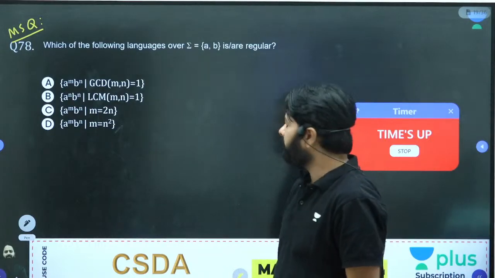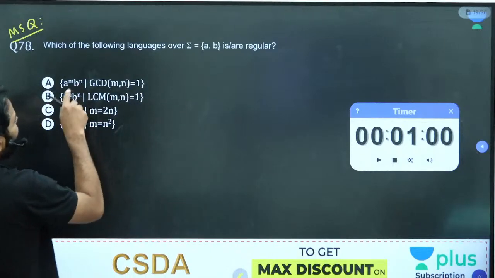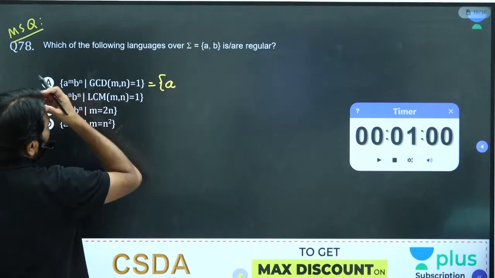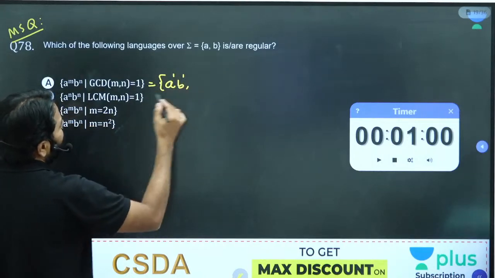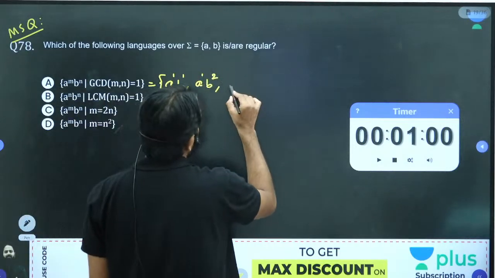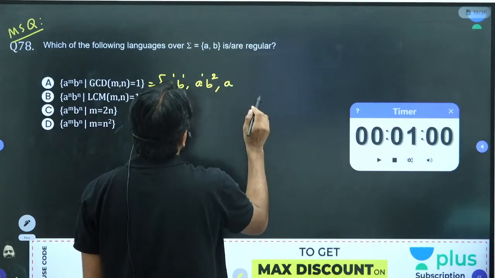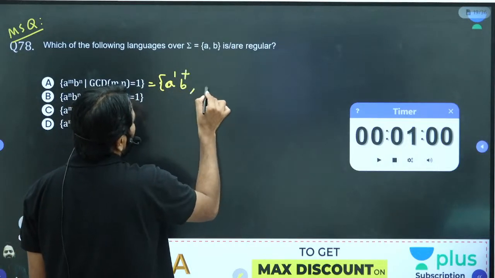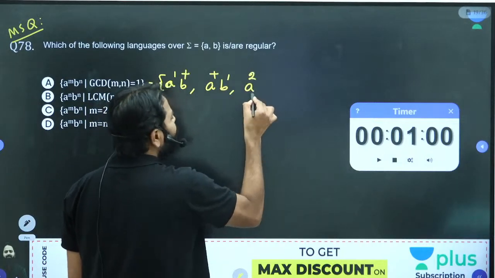There are so many things in the world. The GCD of powers is 1. Like if I take a power 1, b power 1, the GCD is 1, right? If I take a power 1, b power 2, GCD is 1, right? Greatest common divisor. Like you have a lot of things, and you have a power 1, that b you can take anything, no? Let's take b plus. When I take b power 1, you can take a plus. But when you take a power 2, you have restriction.